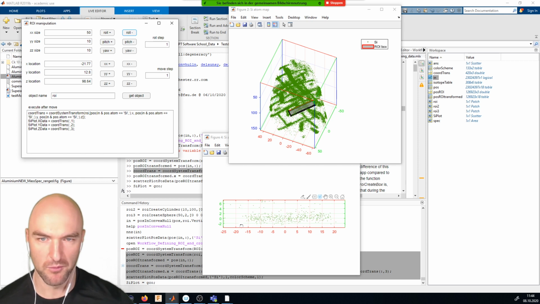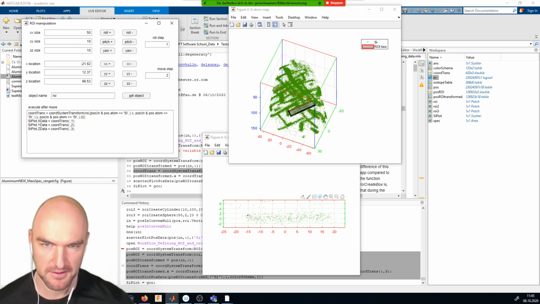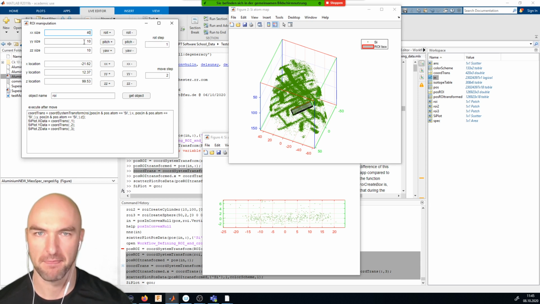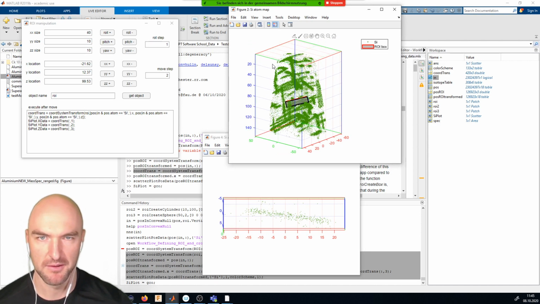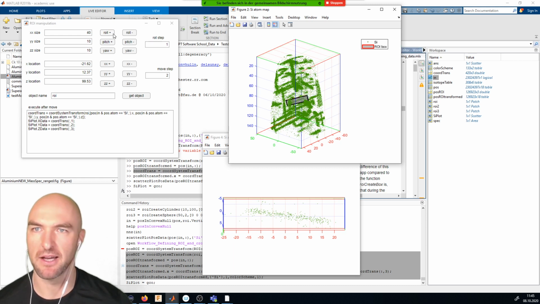Next thing is probably we want to move along the Z direction a little bit so that we can get stuff a little bit more in the middle here as well. Probably in the positive direction. We will make a move step of 2 nanometers so that you can see a bit better what's happening. And I want to make it a little bit shorter, so it goes from here to here, maybe 30 nanometers or 40 nanometers. Oh, and now we have lost it a little bit in this direction, but that's not a big deal. We can go align it in